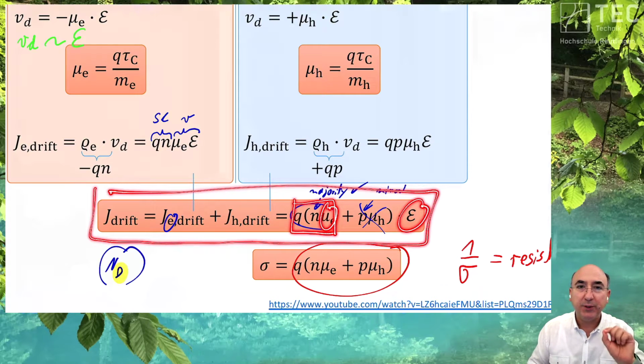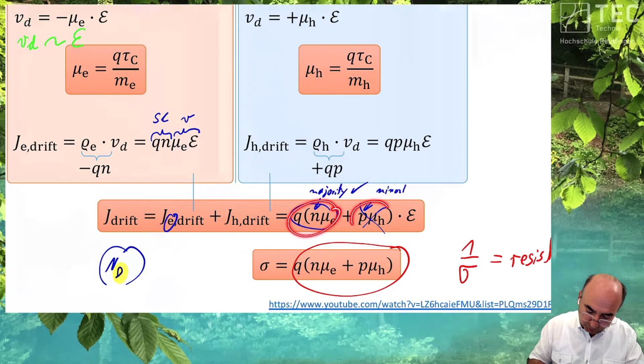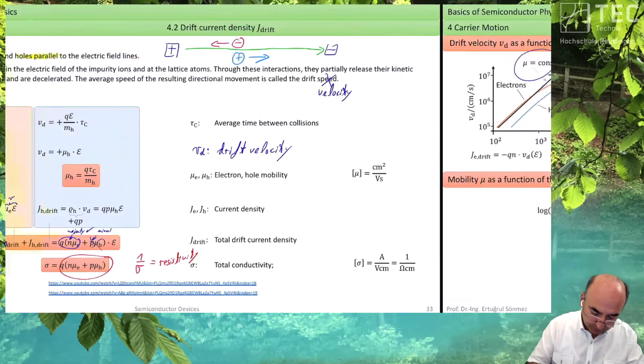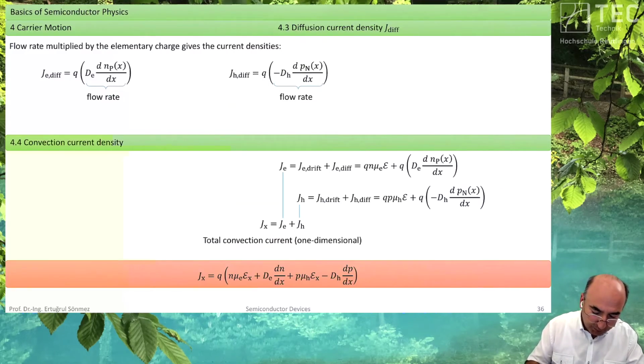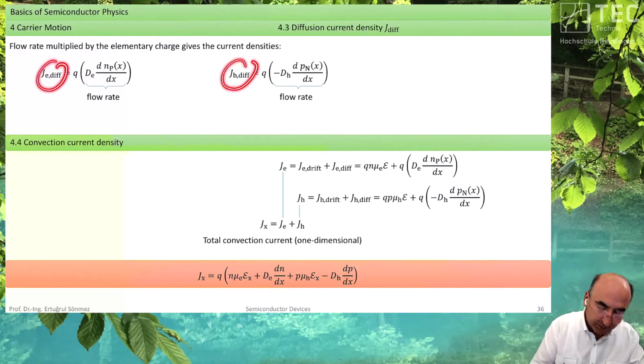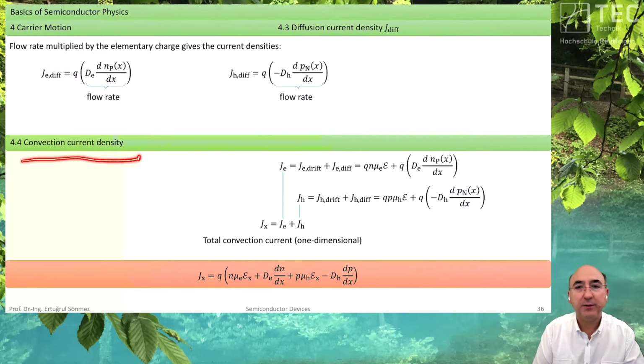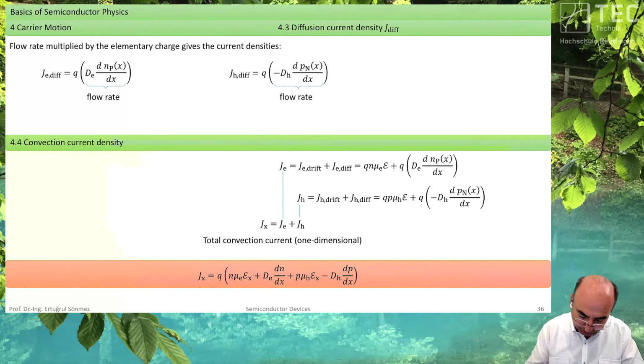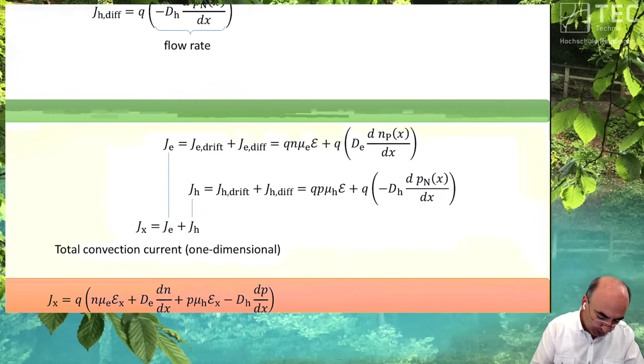We assume the mobility is constant. We have two parts for this current, and we have also two components from the diffusion. And the sum is the convection. Diffusion plus drift is the convection. So our convection current in one direction